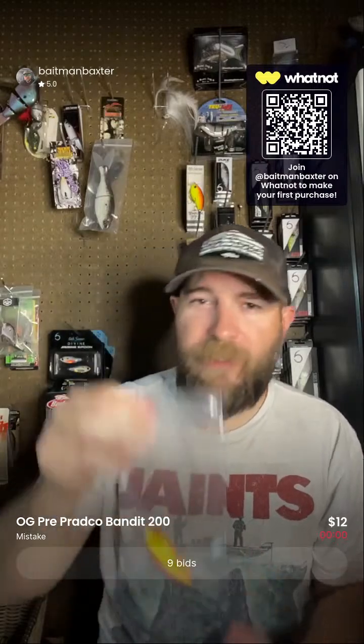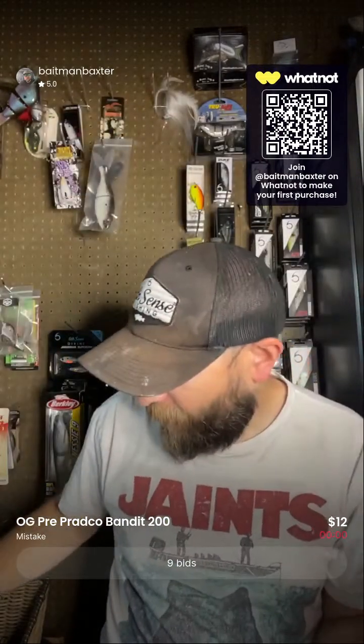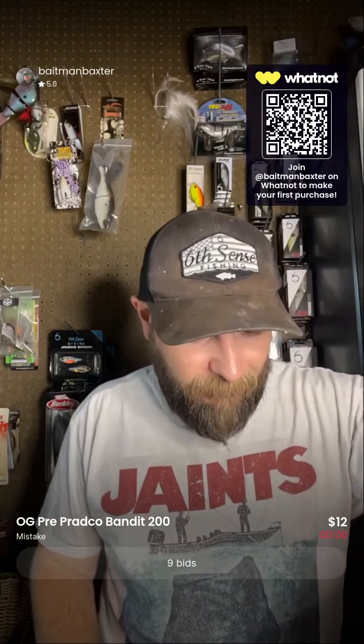Yeah, my dad used this color for smallmouth. Went with him, and we saw Mark on the lake, and Mark said, "Hey, I'll take your son fishing if he can throw a crankbait." And sure enough, not only did I catch my first smallmouth, we weighed it. It was like 2 pounds. It was like 92, 93. I'd never seen a smallmouth. And then I caught a tagged crappie, and it was expired, but I did research, looked it up. It was a $500 crappie the year before. So, all right,